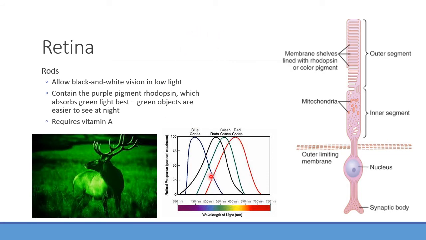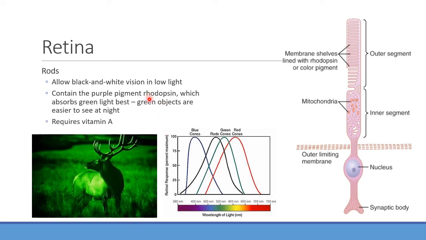And actually, if you're looking at the spectrum of things, again, we have several different types of cones. We have things like blue cones, green cones, red cones. The rods actually have a close spectrum that they share with the green cones, in which case you never see, like, in movies when they have night vision, what is the color normally? Normally green, because the rods can actually pick up green color a little bit easier than any other color, and so that's why when you have night vision, it's trying to pick up as much green color as it can in order for the rods to be able to see that essentially, right? One of the big things to note here is that it requires rhodopsin.